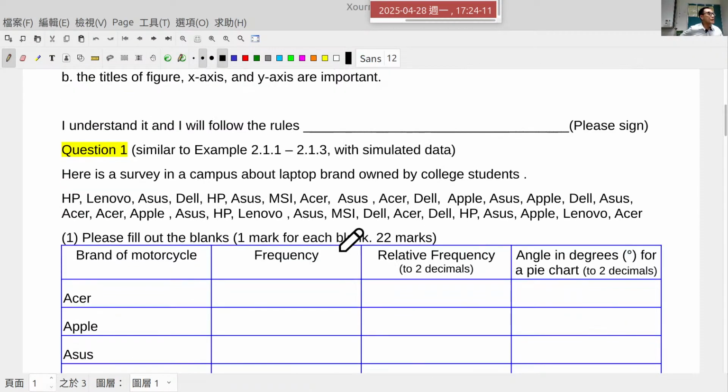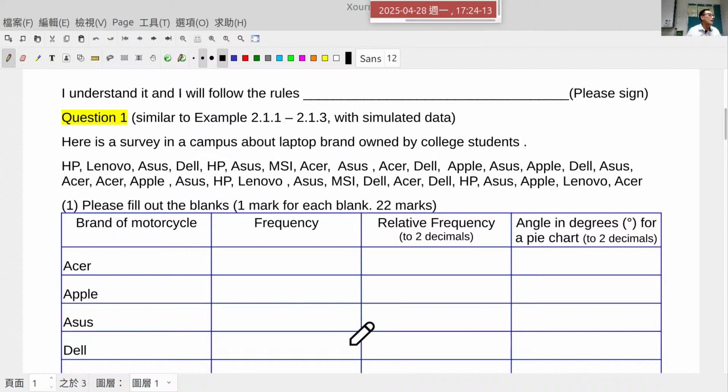Okay, let's check question number one. Question number one: here is a survey on a campus about the laptop brand owned by college students. HP, Lenovo, Asus, Dell, like this. And here,